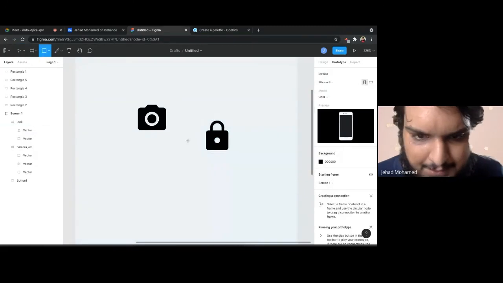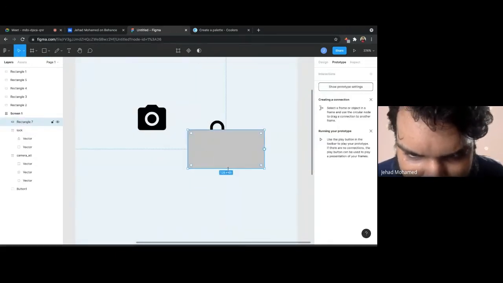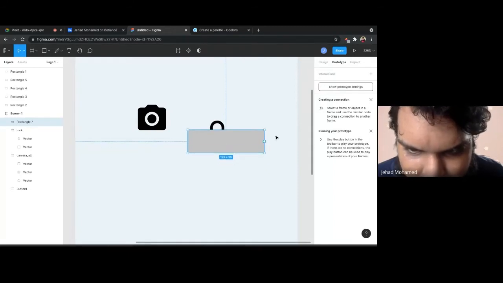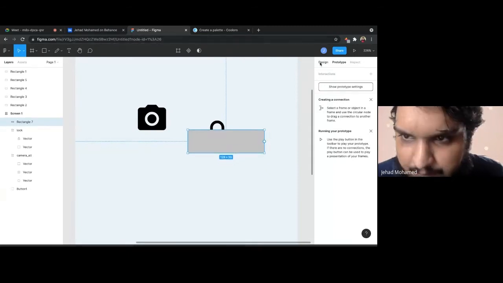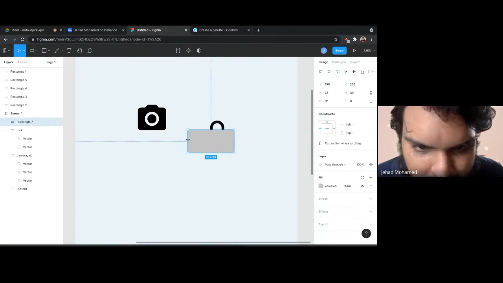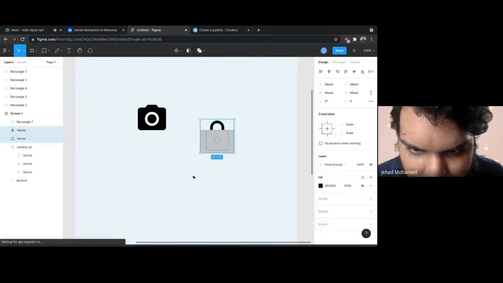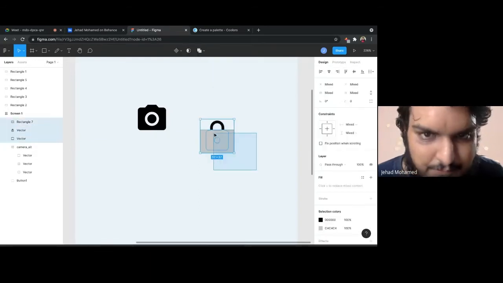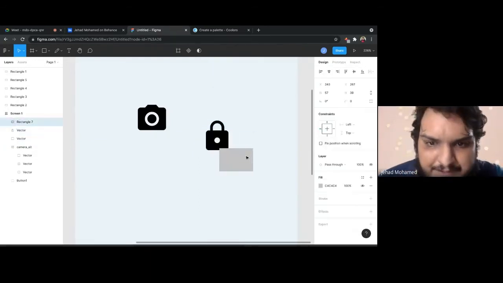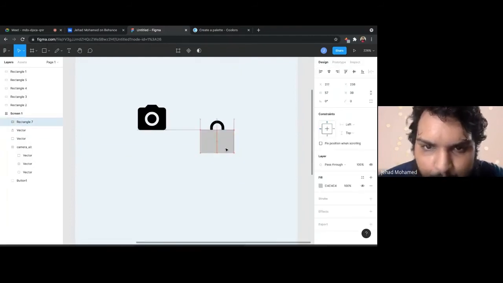So I can make a rectangle. I want only the top part of that. So what I'm doing is, not this design. So when I select two shapes, two vectors, so this shape and this shape, you can use a few vector